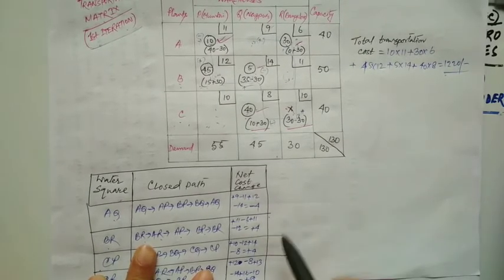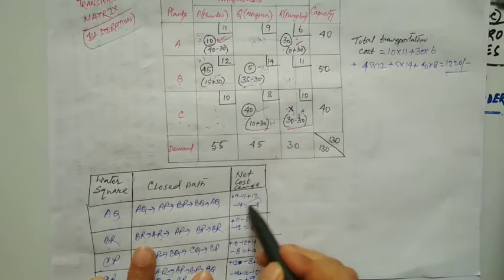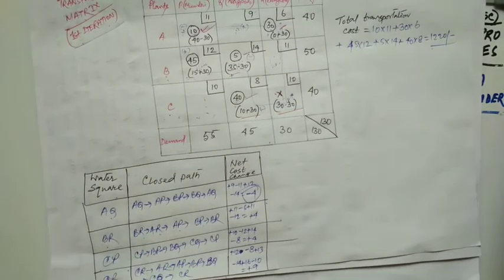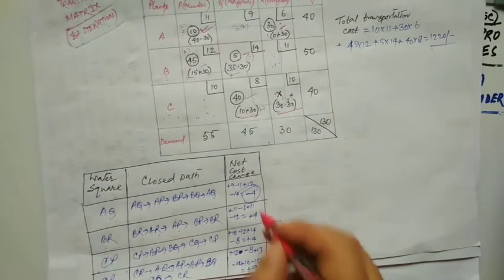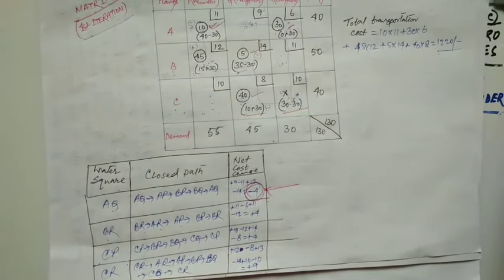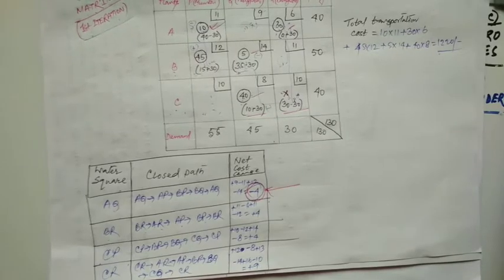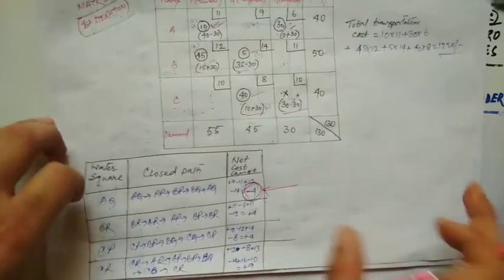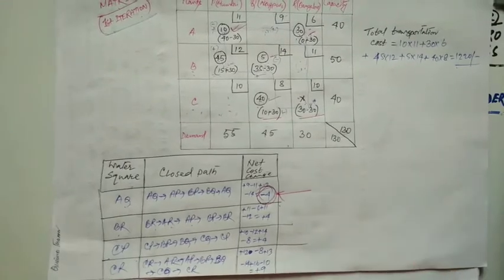Now look, minus is coming over here. So this table also is not optimal, because one of the water squares is coming as negative. So we have to perform another iteration. That is the second iteration we have to perform. No need to worry, just stick around for a few minutes. We will have the second iteration in a few minutes and we will have the optimal solution. I have already made the second table. Look, it will save your time, so just stick around for a few minutes.